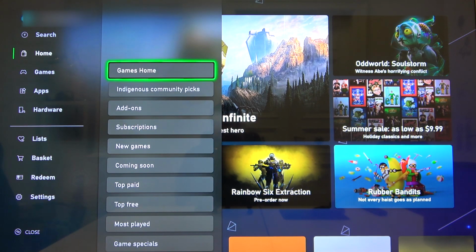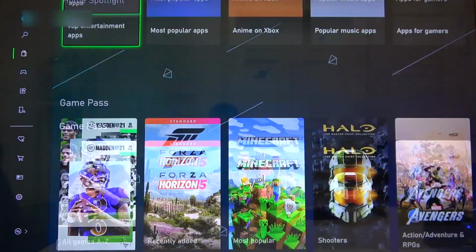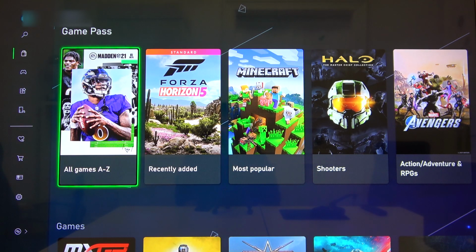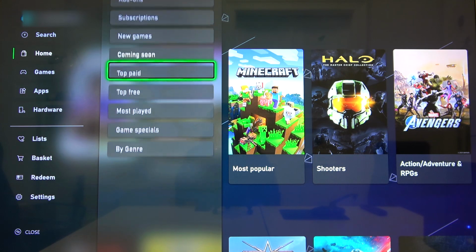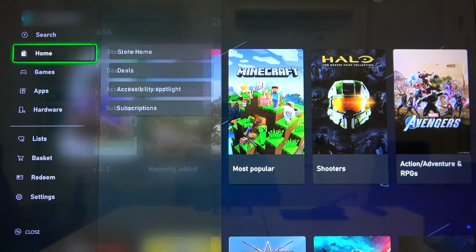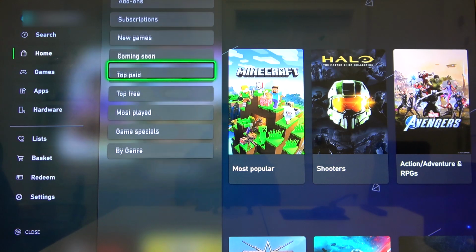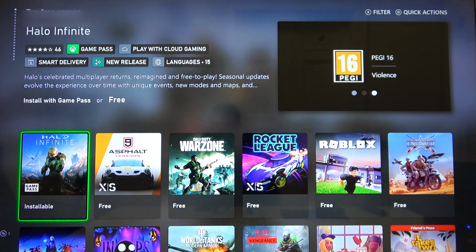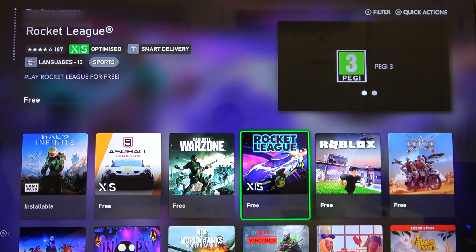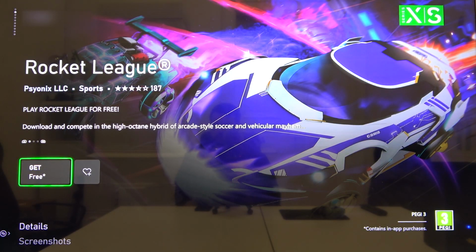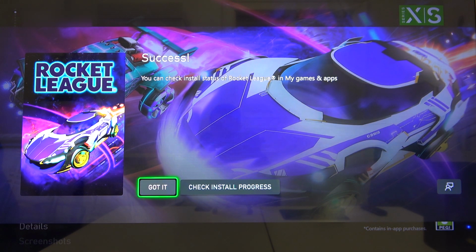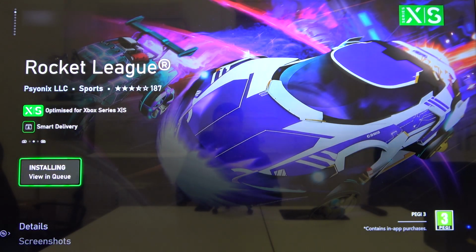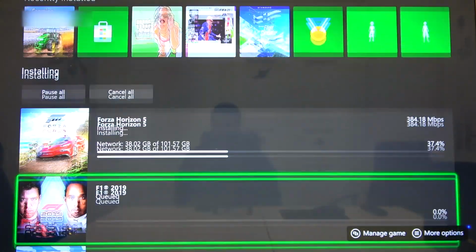In here you can again select game you want to add and download. Let's select Rocket League and just press Get. Success. Tap Got it. And as you can see, Rocket League